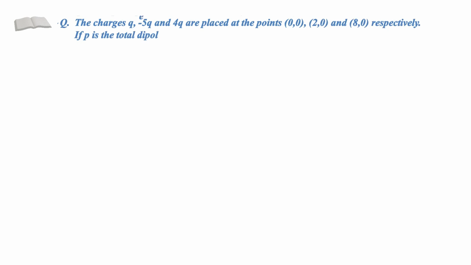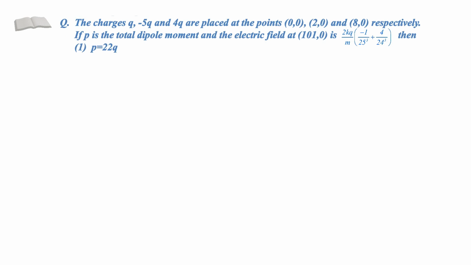The charges q, minus 5q and 4q are placed at the points (0, 0), (2, 0) and (8, 0) respectively. If P is the total dipole moment and the electric field at the point (101, 0) is given by 2kq divided by m multiplied by (minus 1 by 25 cube plus 4 by 24 cube), then